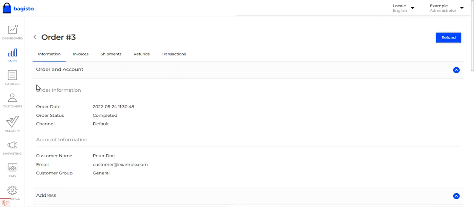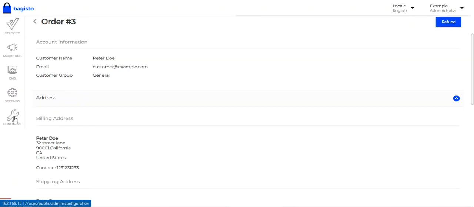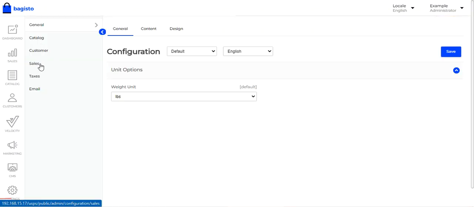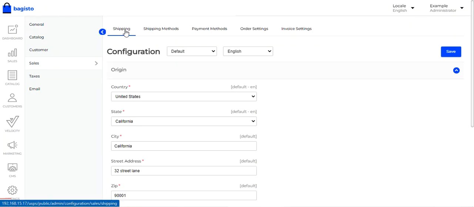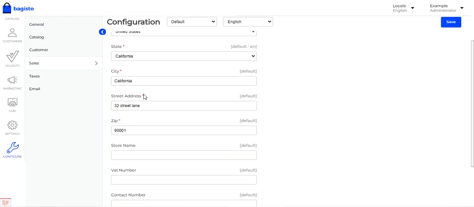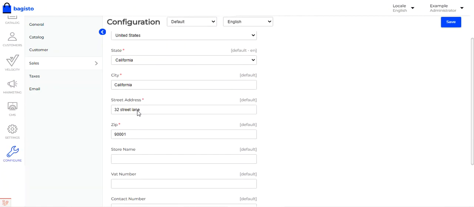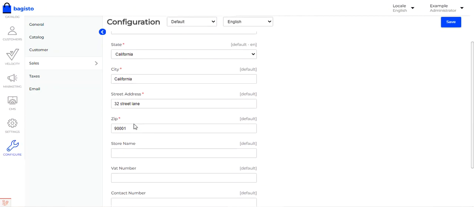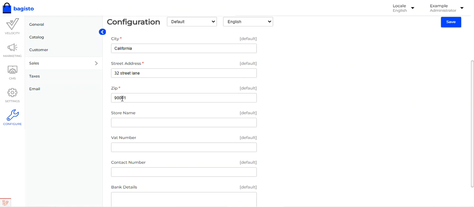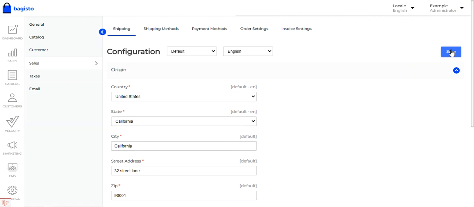Now let me show you how to set up the origin of the store before making use of this plugin. For that we'll navigate to configure on the side panel here, and then go to sales. Under sales I'll go to shipping, the very first option that we have here, and here we have the origin. Here I've set the origin as United States, California, the street address is 32 Street Lane, and the zip code is 90001 for California, and I've tapped the save button to save the origin